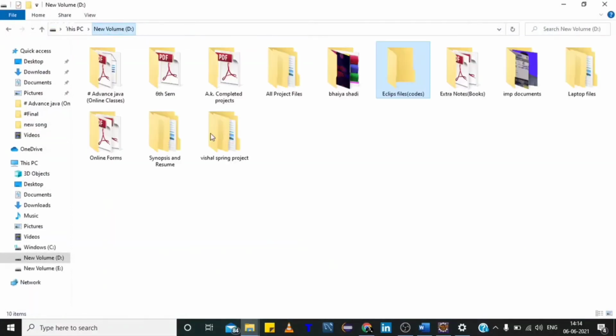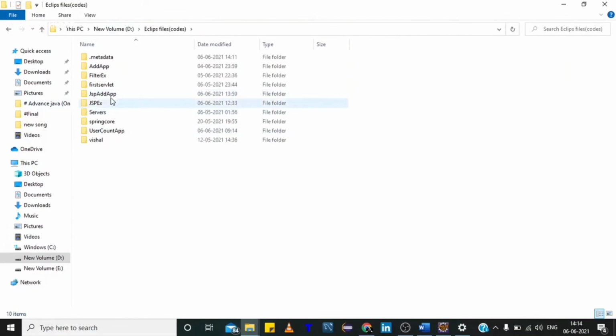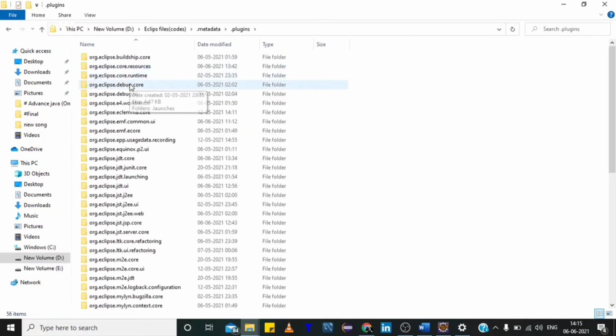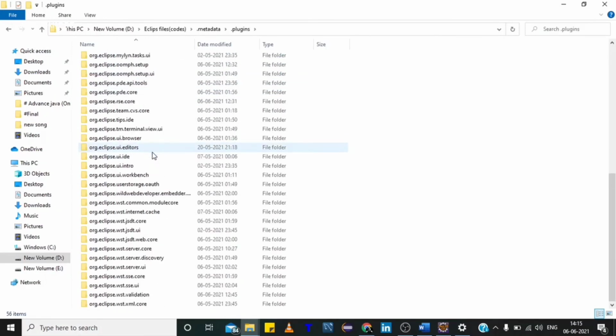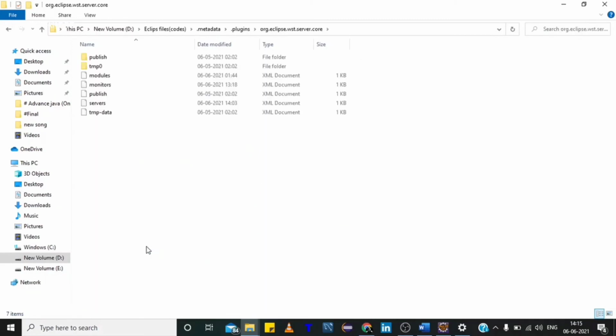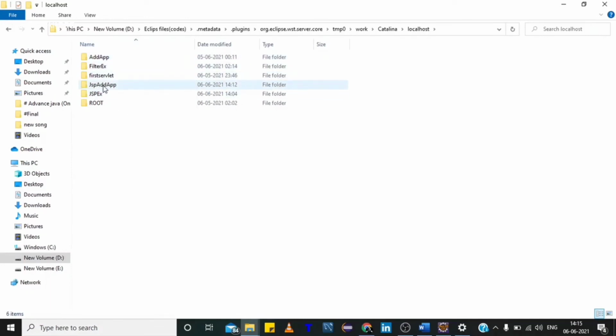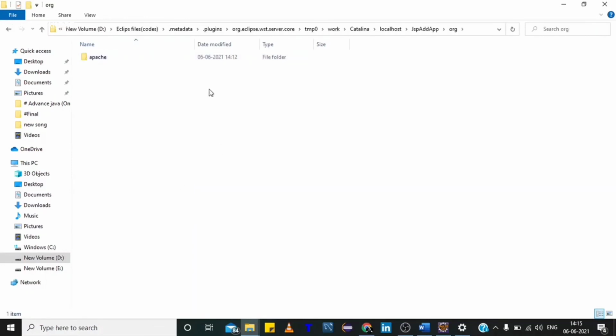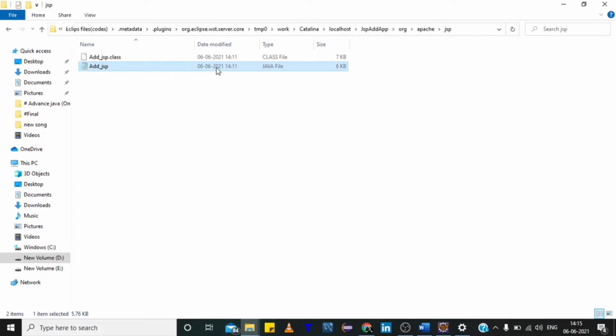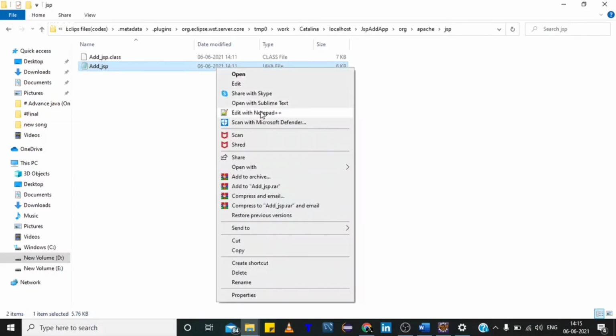Go to your Eclipse project folder where you save all the projects, then go to metadata, then plugins, then org.eclipse.wst.server, then tmp0, then work, Catalina, localhost, or go to your project name like our JSP add app, then org, apache, jsp, and here this is our servlet file. As you can see, this is created by the server at runtime.